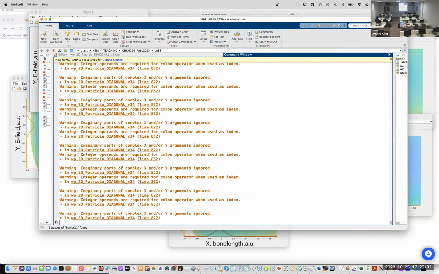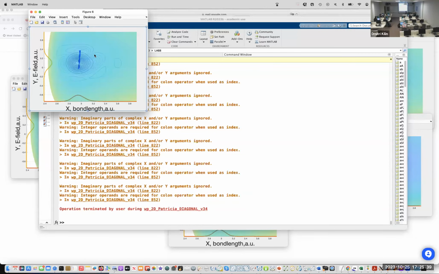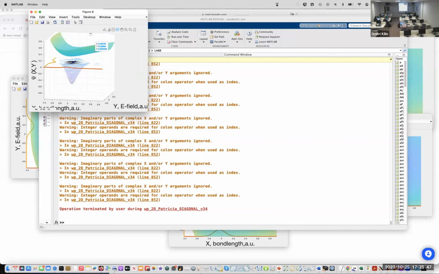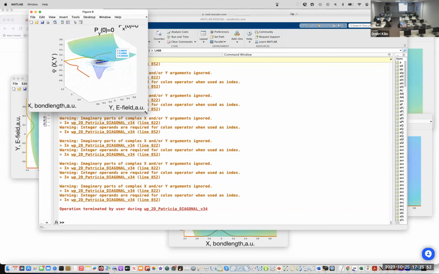I'm going to stop. It has been running for about 2 hours, but it has completed about 2 oscillations forwards and backwards. And you see one can just look at it from different aspects. Now I did stop it.